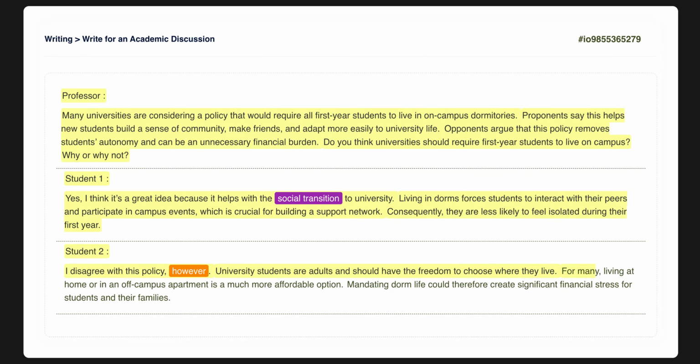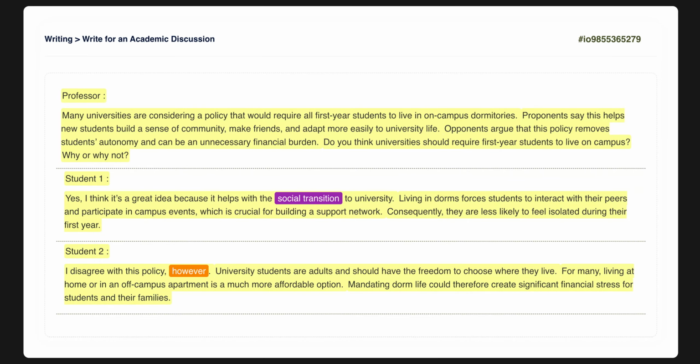For many, living at home or in an off-campus apartment is a much more affordable option. This sentence brings in the economic factor. The word "affordable" is key here, suggesting that dorms might be too expensive for everyone. Mandating dorm life could therefore create significant financial stress for students and their families. The conclusion for student 2 is about financial stress. The verb "mandating" is a more formal way of saying "requiring," which is a great word to use in your